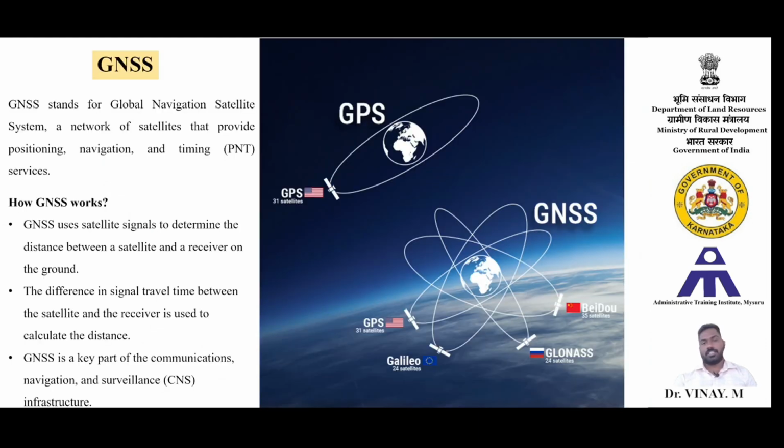Then another technology that is being used in geospatial science and technology is the GNSS, Global Navigation Satellite System. This particular Global Navigation Satellite System is used to determine the position of the user with reference to some particular point. Let's say,